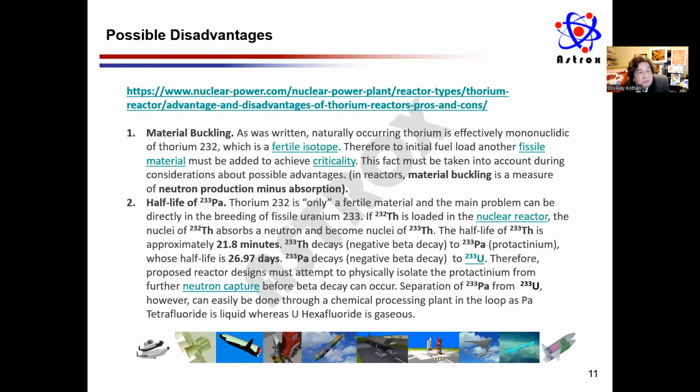Now, there are some possible disadvantages also, which I want to talk about. The material buckling is one of them. The half-life of protactinium, which is 27 days, is also a bit of a problem because that protactinium is now in the same vessel as the uranium-233, which has been produced by protactinium beta decaying. And so then what happens is that any additional neutrons can be absorbed by not just thorium and uranium-233 to fission, but also can be absorbed by protactinium. So the amount of protactinium